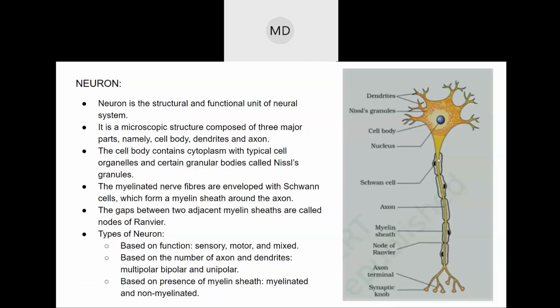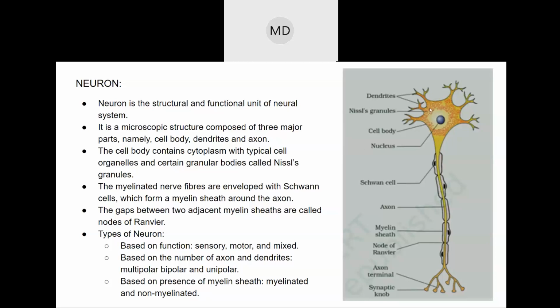Like every cell has a nucleus, right? Only the RBC, the red blood cells, do not have a nucleus, but every other cell has a nucleus. In the same way, this nerve cell is also a type of cell, but the shape is different. For blood cells, we discussed that the structure of platelets is like a star, and the structure of RBC is like a button. Similarly, the structure of the nerve cell is like this. This is a cell, so it will have a nucleus. So this is the nucleus.